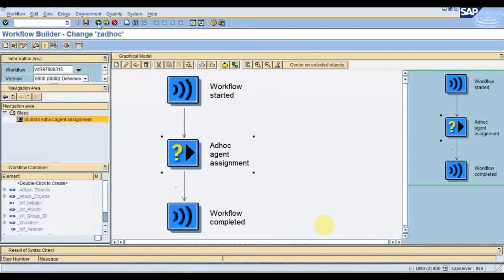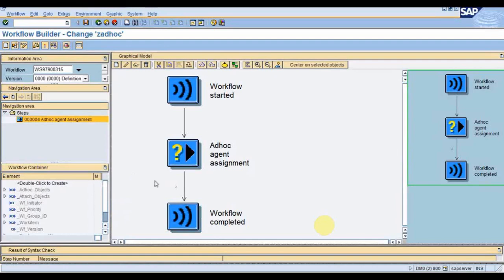the multi-line container elements. Why do we use these multi-line container elements? Because, as we know, only one work item instance gets generated out of one task.